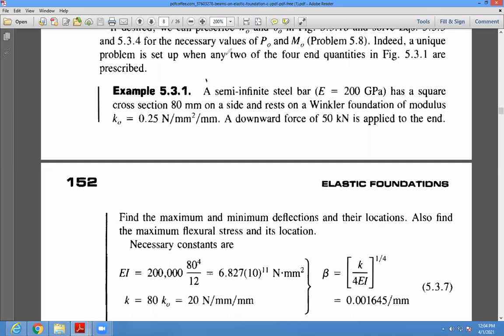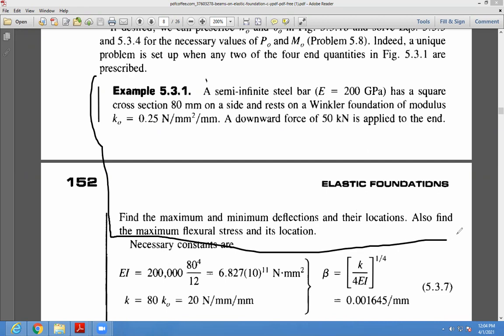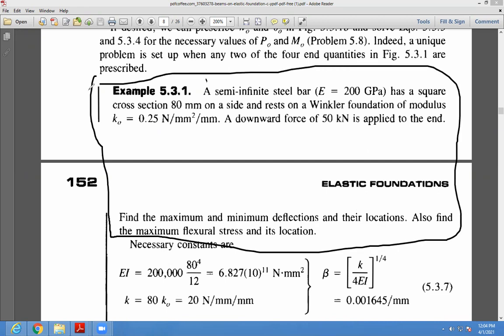A semi-infinite steel bar, E is equal to 200 GPa, that is 2 into 10 raised to 5 Newton per mm square, has a square cross section, 80 mm on a side, and rests on Winkler foundation,